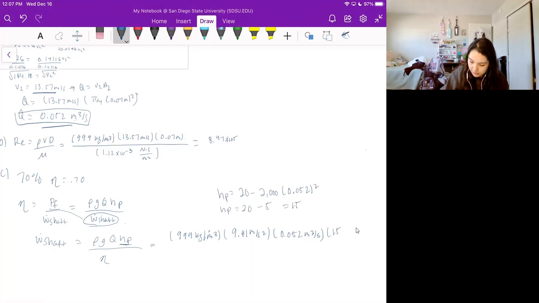So we write that as 15. And on the bottom, we have eta, which is 0.7 for 70% efficiency. And when we multiply this out and divide, you get that work shaft is equal to about 10.9 kilowatts